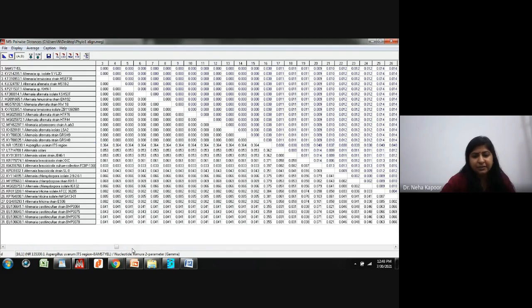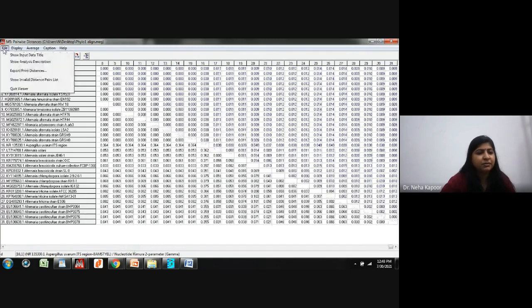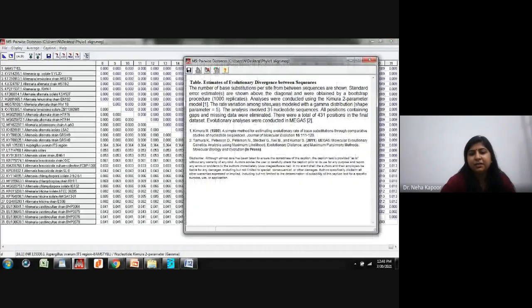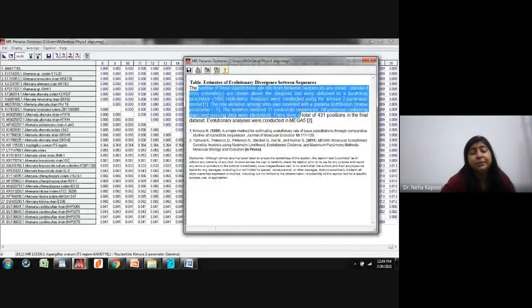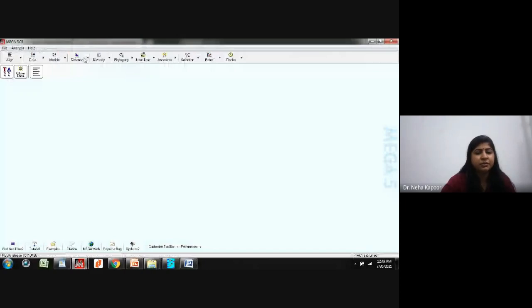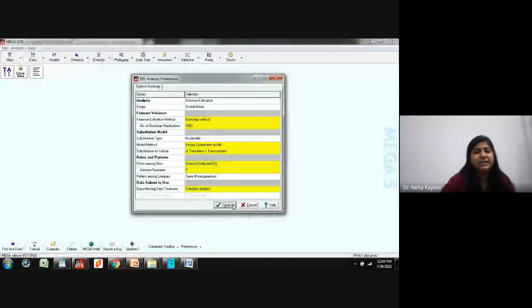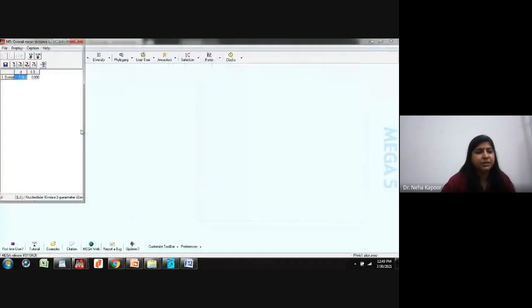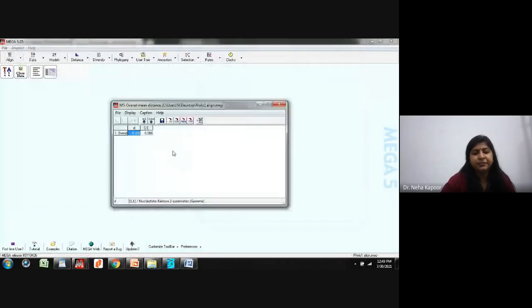I'm moving this complete matrix. This is the caption. Similarly, you can directly take the complete written portion from here. Closing it. Overall mean distance. So this is the overall mean distance, and this is the standard error. That means all of these species, if you want to show.